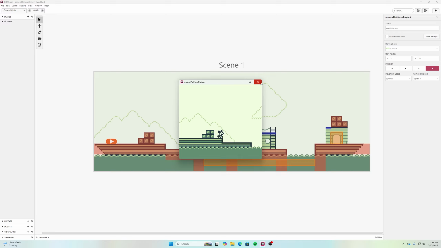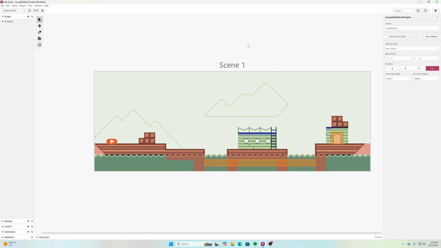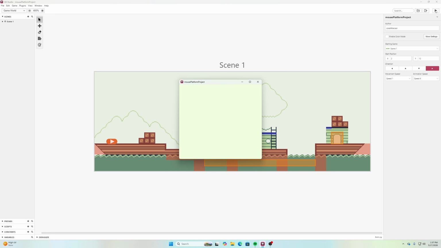So the first thing I want to do is fix the actual animation of Mickey. When I'm moving on here like this, it's kind of a slow movement. So if I have this selected out here just in the blank area, if I click out there, it asks me what is going to be the movement speed and the animation speed. I actually am going to start with switching the animation speed to 6, which is going to be 15 frames per second. If I save that, and now if I run this program,